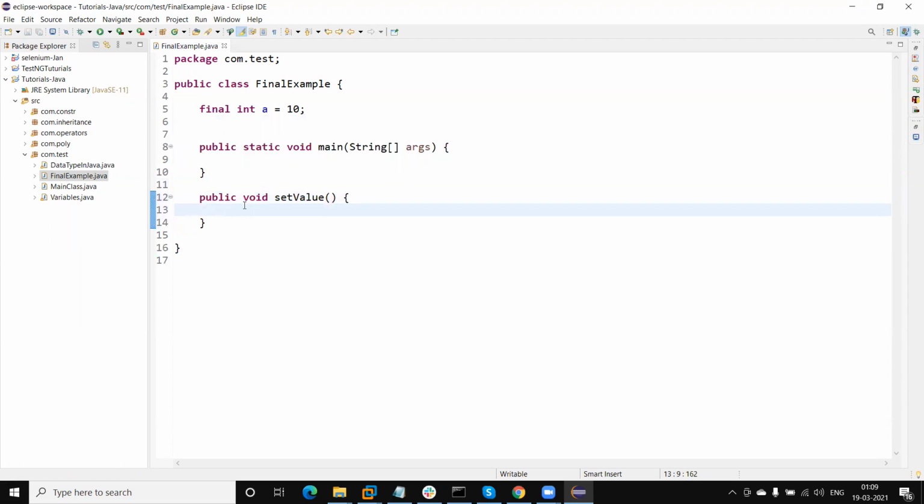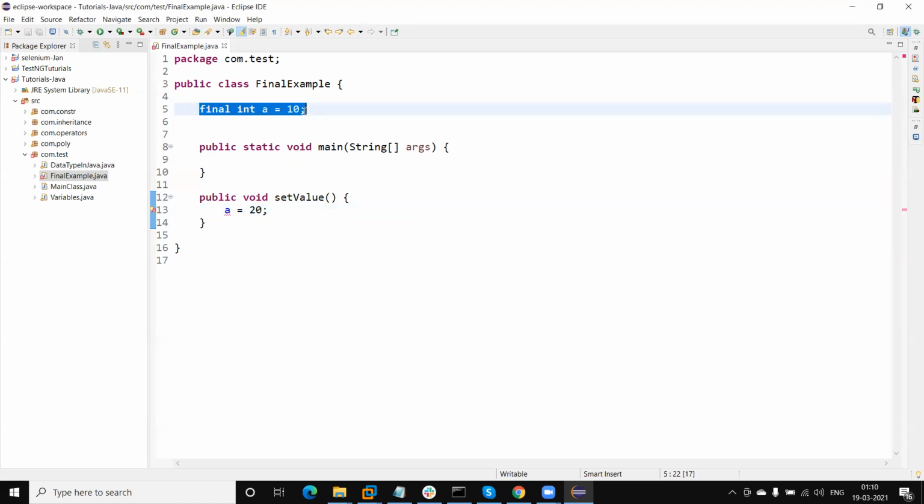Here if I change the value, assign a equal to 20, then we will get the error. We will get the compile time error: cannot assign a value to the final field FinalExample.a, which means in this variable we cannot assign any value.